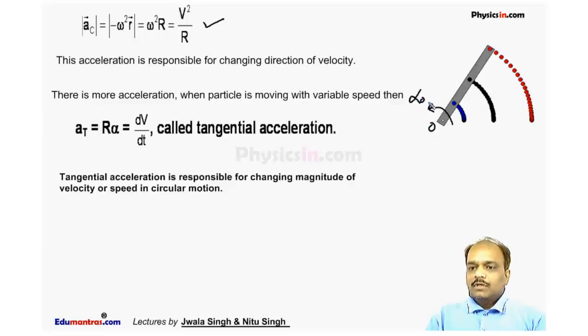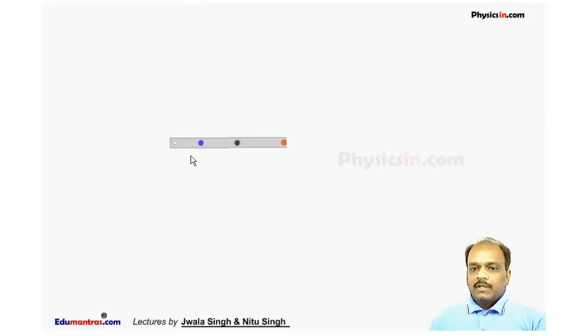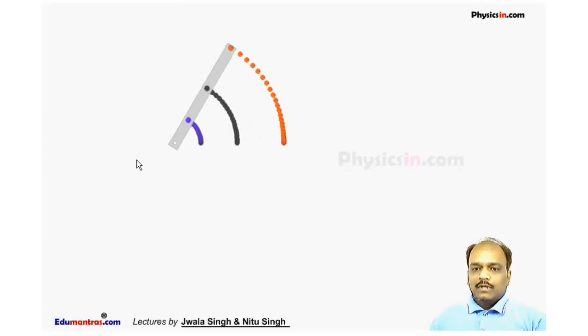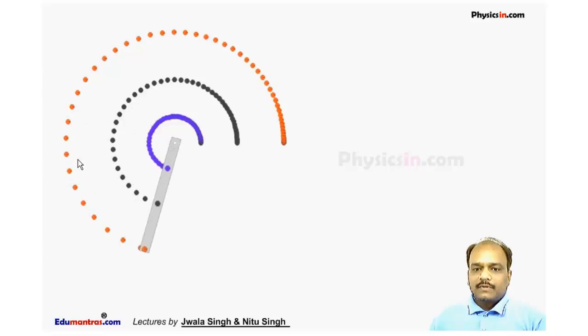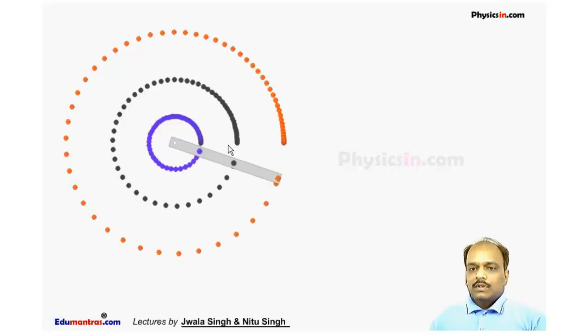If it is rotating with an angular acceleration alpha, then what happens? This is a particle on a rod which is rotating about O with angular acceleration alpha. In this situation, the displacement of the particle is different. This particle and this particle, their distance traveled in the same time is different. Angular acceleration is constant, so this particle is moving in a smaller circle and this one in a bigger circle, but the distance traveled in the same interval is different,